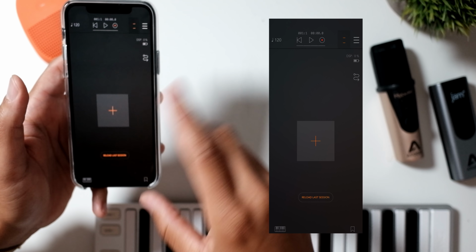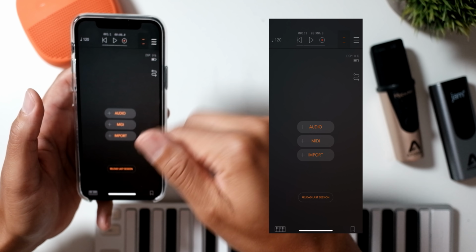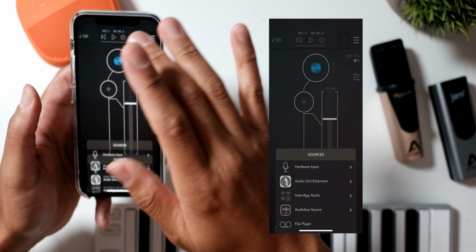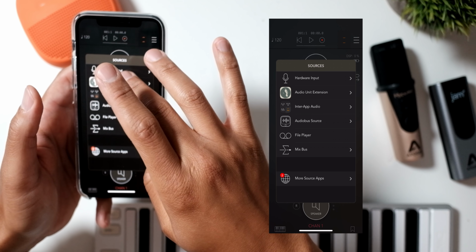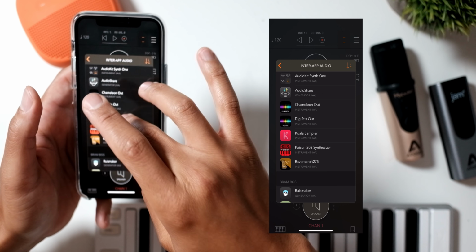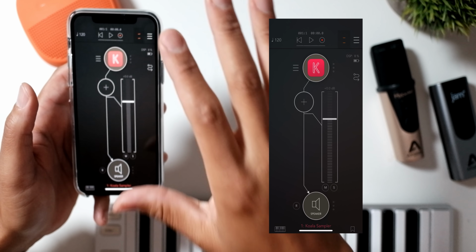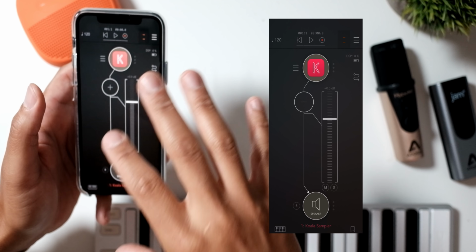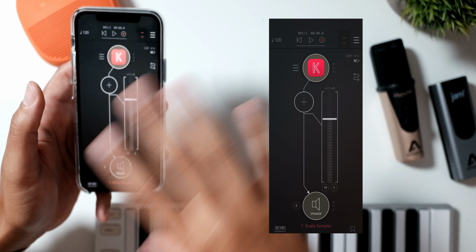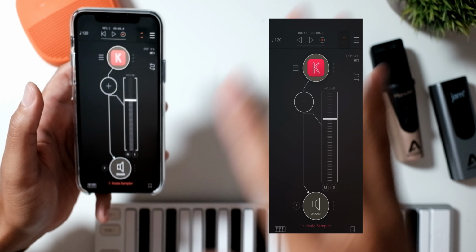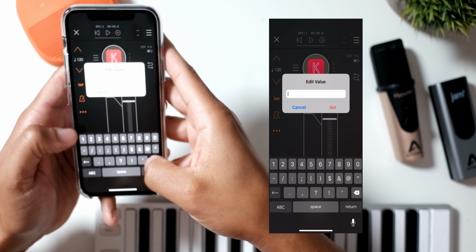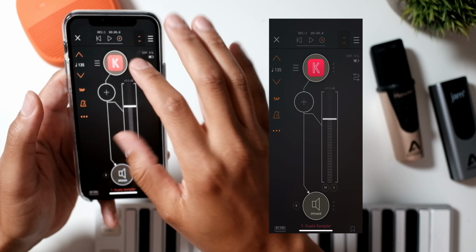So as you can see, you load up the screen, hit the plus sign, it gives you audio, MIDI, or import. Let me hit audio, it gives you a channel. I hit this, right? I'm going to do an inter-app audio and use the Koala sampler. Now, the fact that everything is synced up using Ableton Link makes it very easy to sync the tempo across all the different apps that I'm going to be using. So let me set this back. I think the tempo was 135. Now, if I hit the play button,